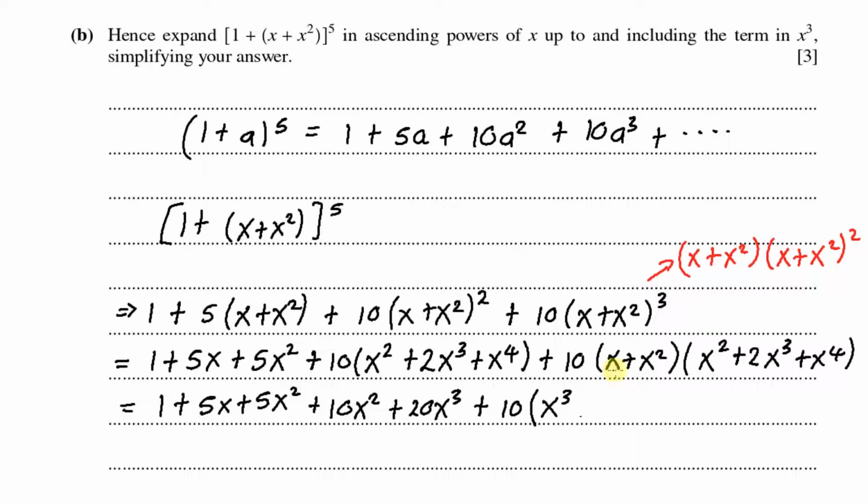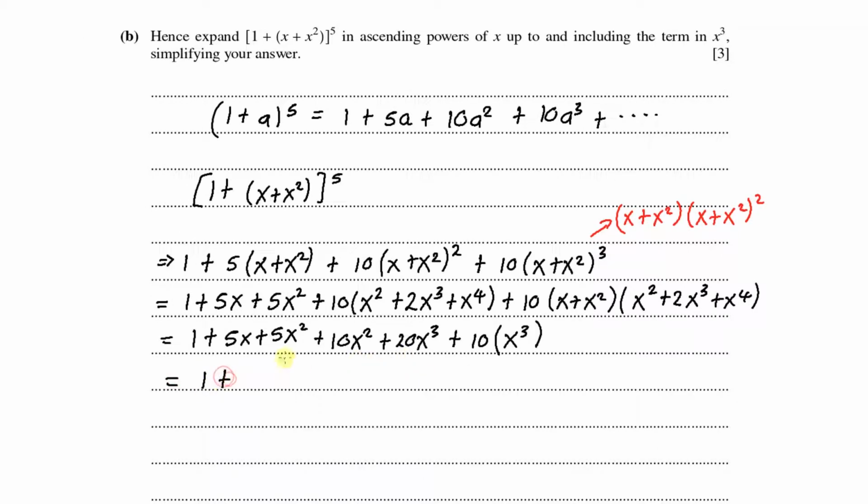But x, if it multiplies the other terms, it will get something that is higher than x cubed. So we'll leave those results out. And x squared, if it multiplies all these terms here, it will give us also something that's greater than x cubed. So we'll only take x cubed here. So we can now simplify this to